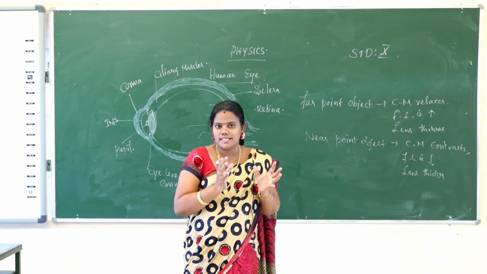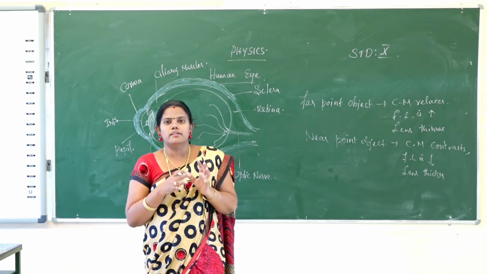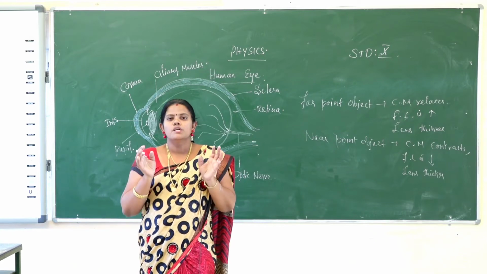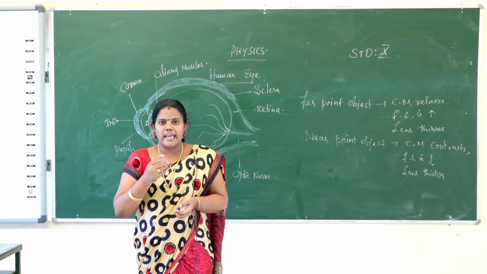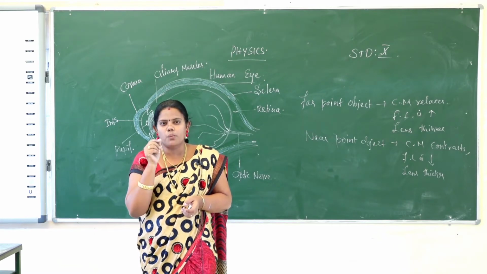What's the meaning of persistence? Persistence is continuously working. In Tamil, it is vidamuyachchi. So persistence of vision means the eye will not notice the change. The time interval between seeing two objects is 0.01 seconds.